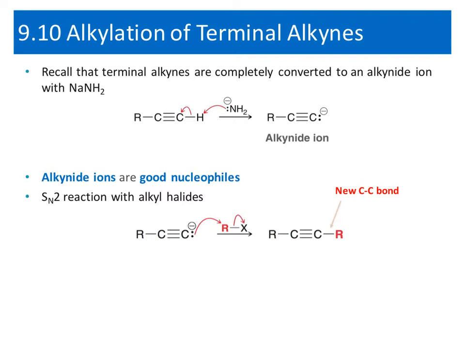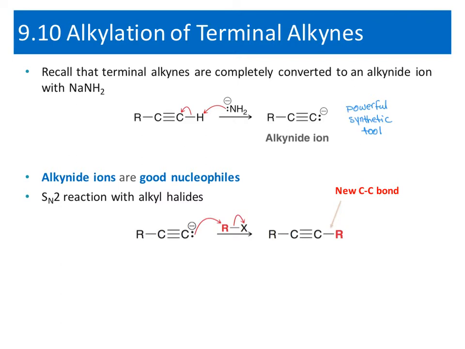Now, if you remember from preparation of alkynes, sodium amide was a strong enough base to deprotonate the terminal alkyne. So basically, amide will attack the proton and push the bonding electrons over the carbon to form the alkynide ion. Now, this alkynide ion is a powerful synthetic tool that we can use for alkylation purposes. Now, the alkynide ion has a lone pair of electrons on it,